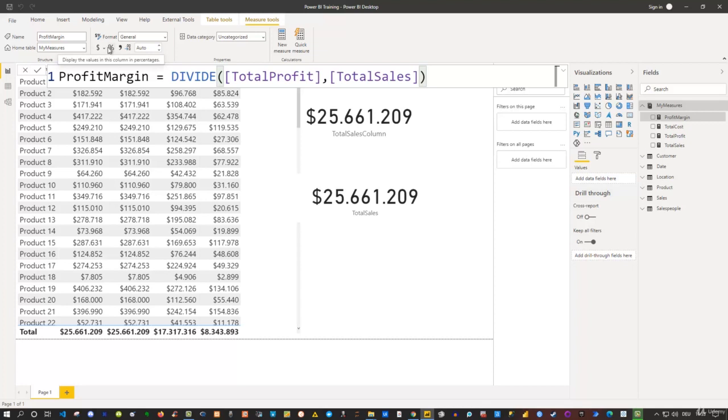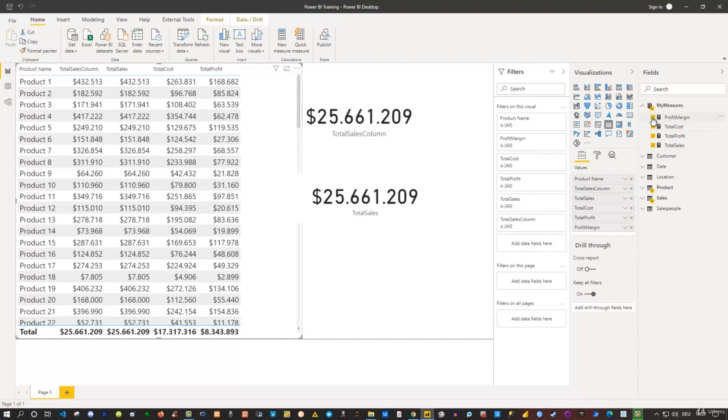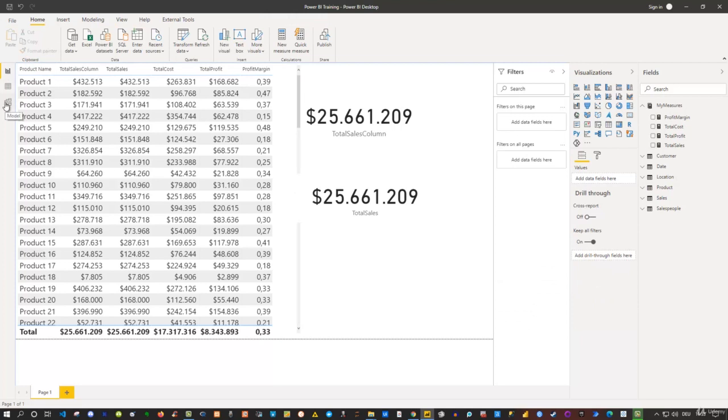And by the way, one more thing I'd like to show you. Remember when we talked about the model view here? Let's actually first select the table and add the profit margin to the table. Currently, this is not formatted, right? It's a percentage number, but it's not formatted correctly. So you can either select the measure here and go on the measure tools and say you'd like to format this as a percentage number, or the other way around would be if you go to the model view here,